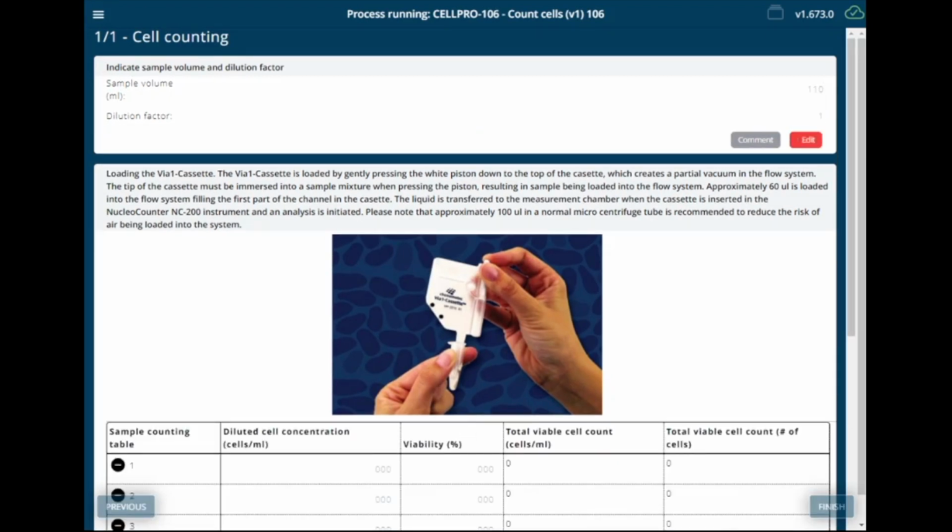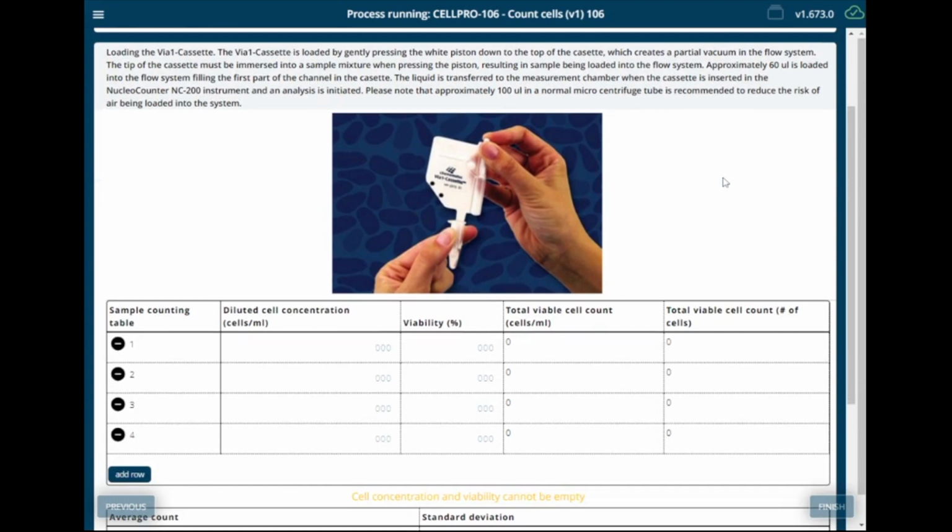Should you need to provide further information, you may also log a comment which will appear in the execution report. In this second task, the operator is to fill in the results he got from cell counting in a table. MySehub also provides users with built-in calculation tools that help save a lot of time, as you will see now.